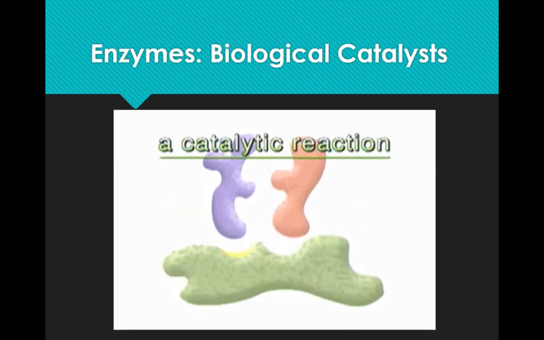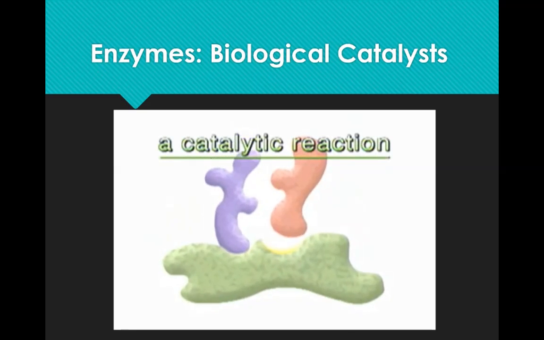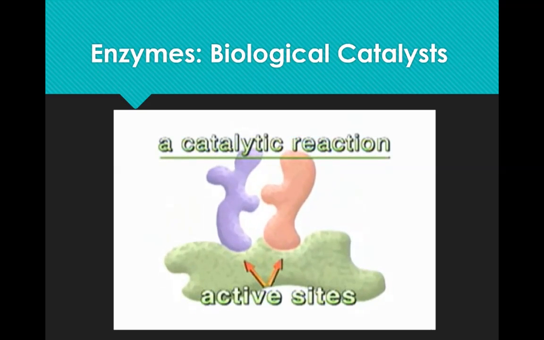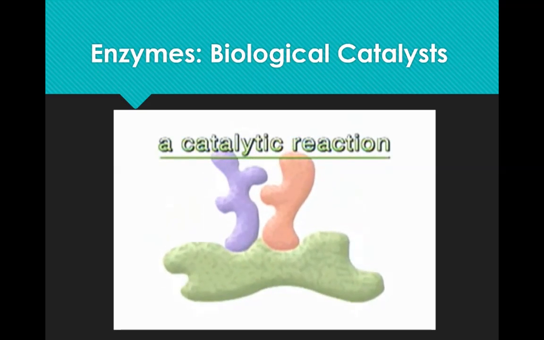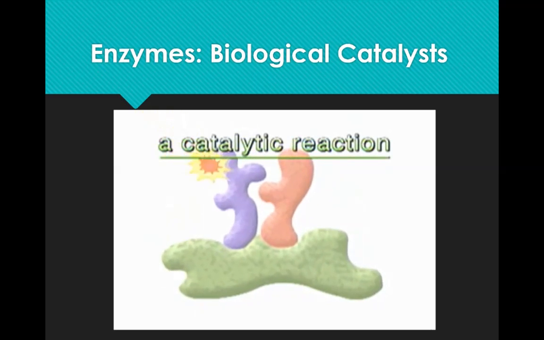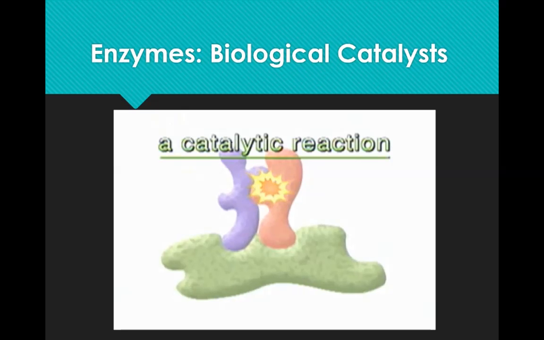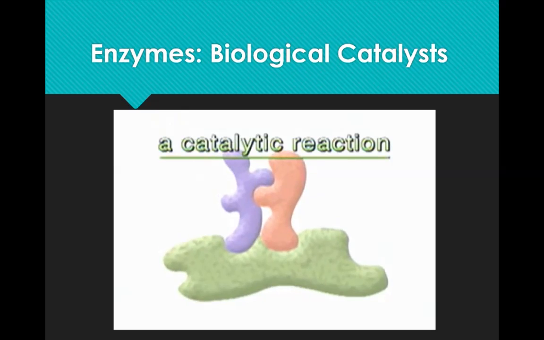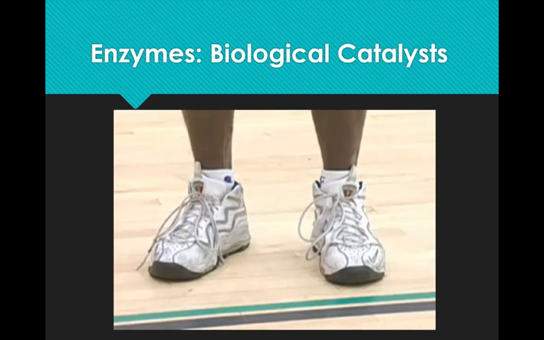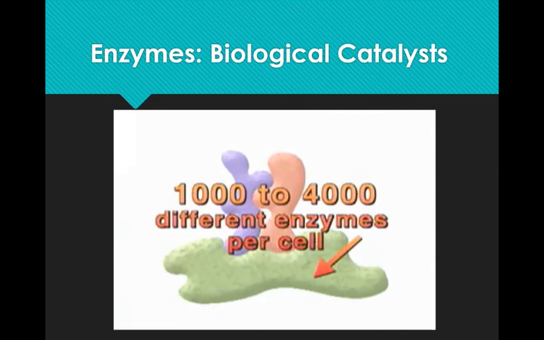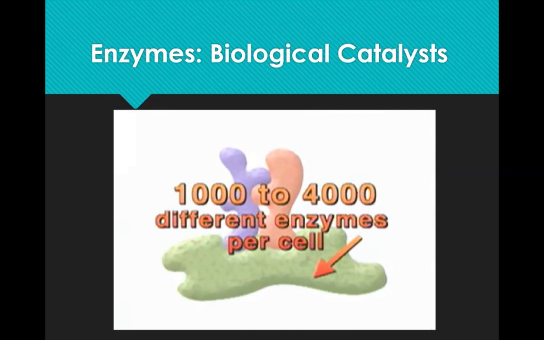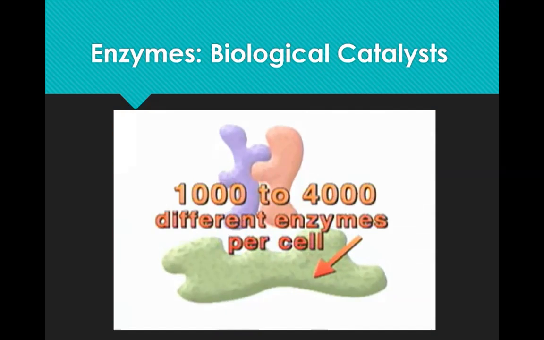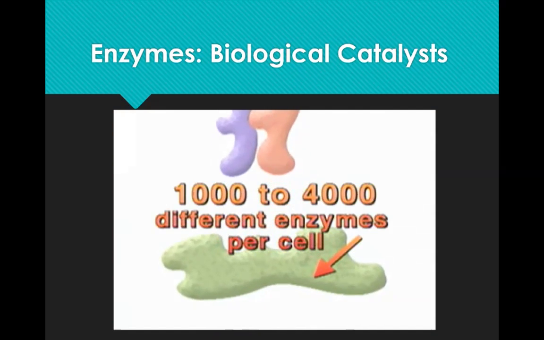For a catalytic reaction to occur, a substrate must fit into a groove on the surface of the enzyme called the active site, so that many of its atoms nudge up against the atoms of the enzyme. Reorienting the molecules in this way reduces the amount of energy needed to activate the reaction. The fit between the enzyme and the substrate must be tight, like a foot in a tight-fitting shoe. Each cell contains from 1,000 to 4,000 different types of enzymes, each with a specific substrate that it can catalyze.